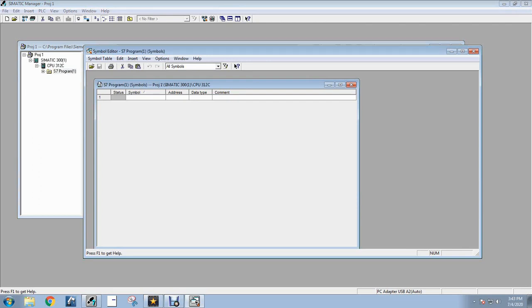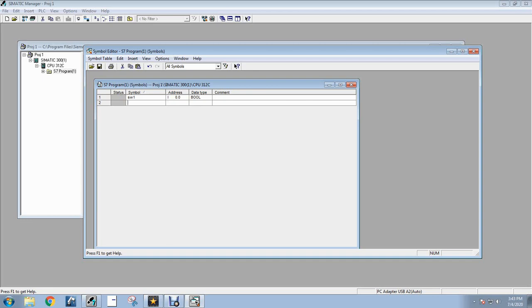Let us assume switch 1 will be connected to the input address 0.0. Then we will write switch 1 and address of this switch will be I 0.0. Now let a sensor will be connected to the input address 0.1.